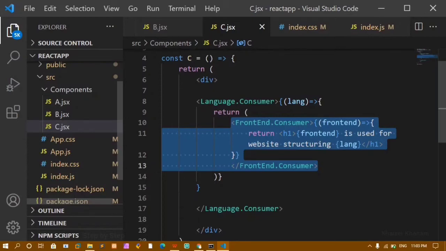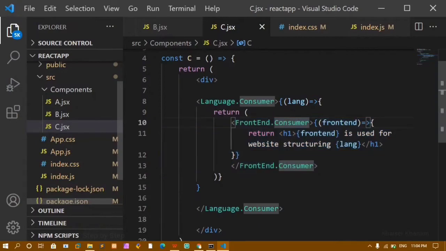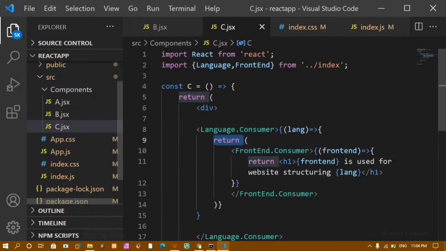And also, if we talk about Redux, use context hook is the best alternative for Redux. If you only want to pass the data from one component to others, then you can go with this context API and you can use this concept. Redux is also a very huge topic and it is also very important. But in place of that, if you want to choose that alternative, then you can choose this concept and you can apply it in your project. Now here, instead of writing this consumer, instead of returning this function, we are going to create hook.